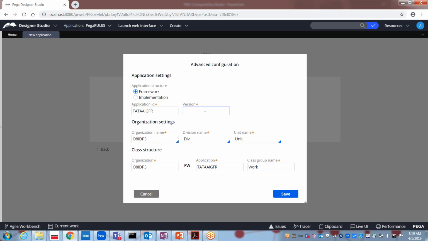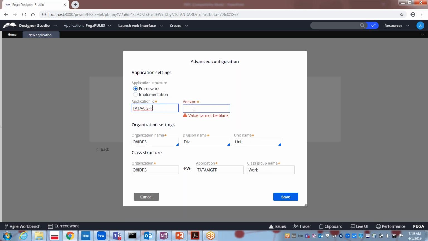Pega also has various versions. It started from 3.2 and then 4.1, 4.2, 5.1, 5.2, 6.1, 6.2, 6.3, 7.1, 7.2, 7.3, 7.4, and later 8.1, 8.2 is running. And we said that we are going to learn 7.4 functionality. In the same way, while creating my own application, I will be giving some version for that.